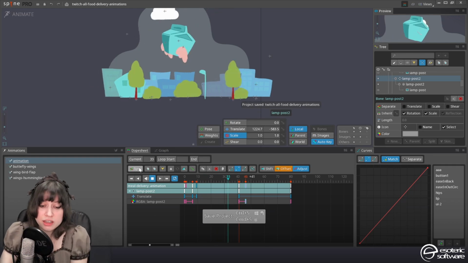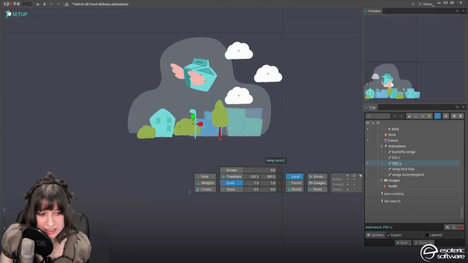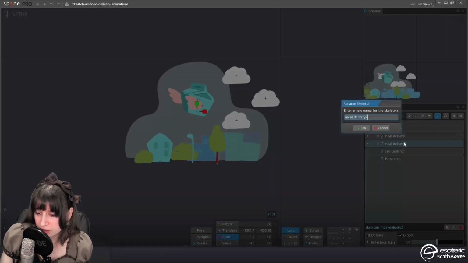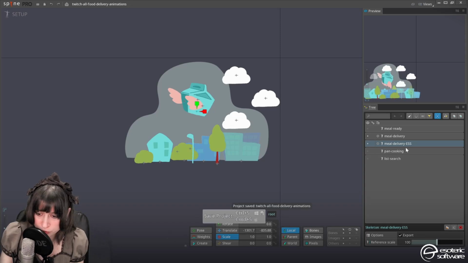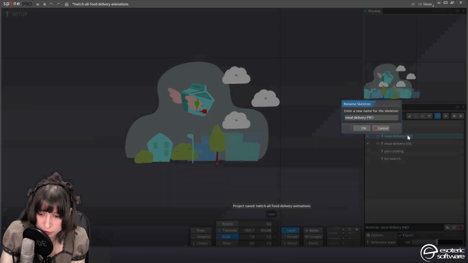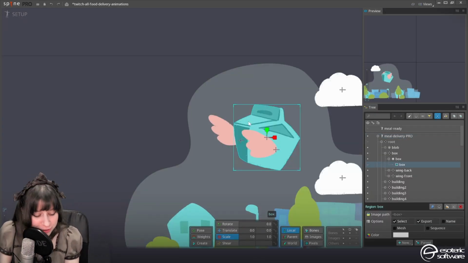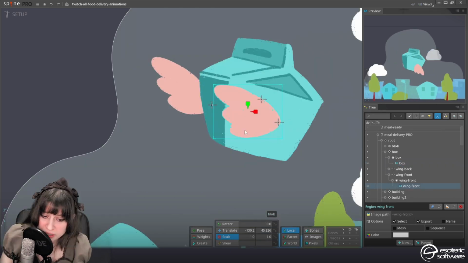Alright, I think that's it for this version. I'm gonna duplicate the skeleton directly. I'm gonna be renaming this to Meal Delivery S, so it's the essential version. And this one is going to be the Pro version. Okay, so for the Pro features that this skeleton is going to have, maybe we can complicate just the box,